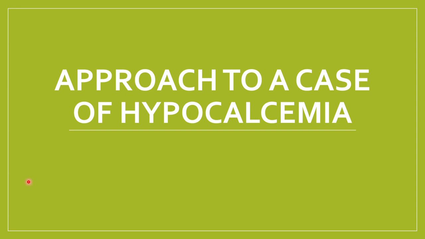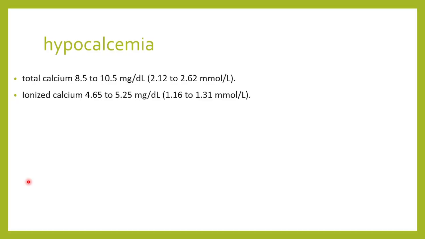In today's class, let us see how we will work up a case of hypocalcemia. You all know that the total calcium level in the body is around 8.5 to 10.5 milligram per deciliter, that is 2.12 to 2.62 millimoles per liter. Whereas the ionized calcium, the active calcium, the free calcium, is around 4.65 to 5.25 or 1.16 to 1.31 millimoles per liter. So we call hypocalcemia when the level of total calcium goes below 8.5 milligram per deciliter, or the